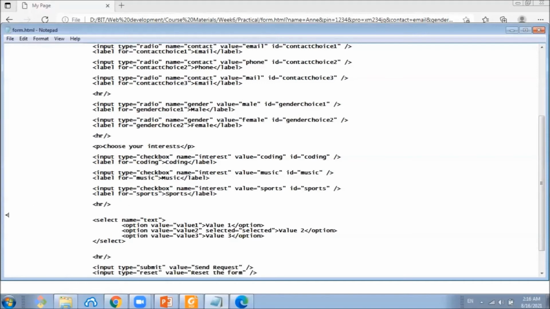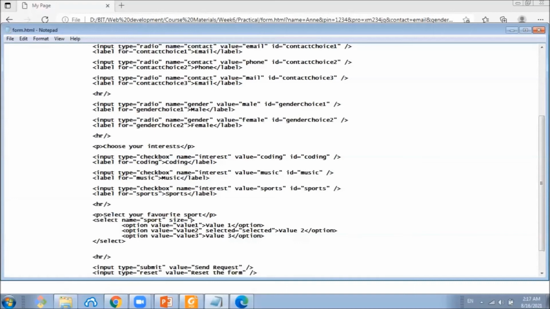Let's create a select box with some meaning. Let's ask the user, select your favorite sport. Then the name should be sport.